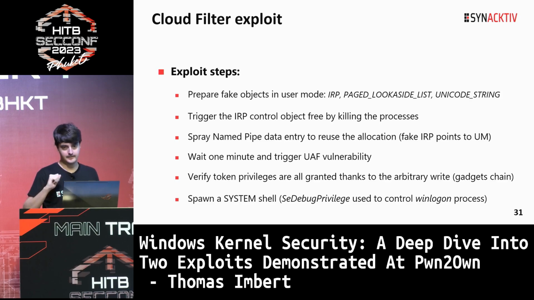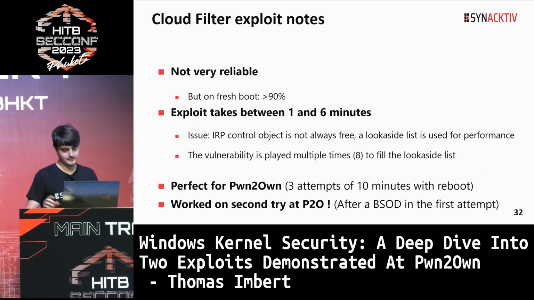And at this point, if everything happened correctly, the arbitrary write should have corrupted the token, and we should have a process with all the privileges. And we can just spawn a shell using the debug privilege, by hijacking the winlogon process. Okay, so we have an exploit working. I won't demonstrate it here because it takes between 1 and 6 minutes